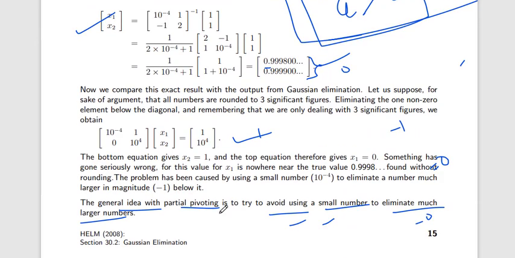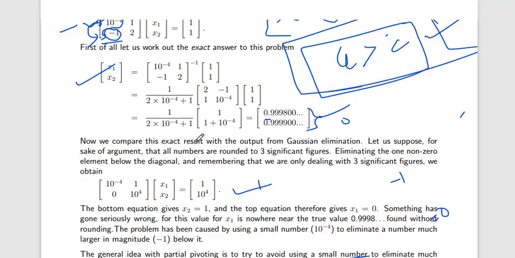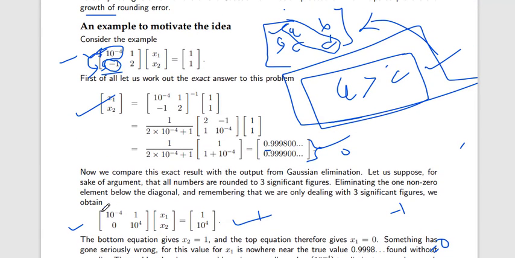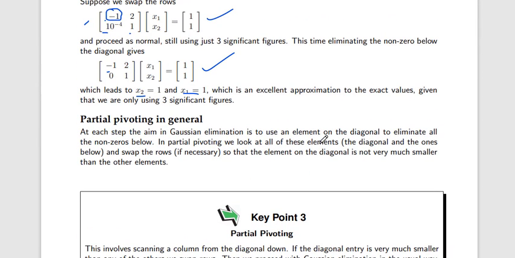But if you use Gaussian elimination to eliminate the lower number with the help of a much lower number, then this method will not work. So for Gaussian elimination to work, or if we want to find the right solution of a linear equation, the diagonal element should always be larger than the element below it. Okay, so this method we will call partial pivoting.